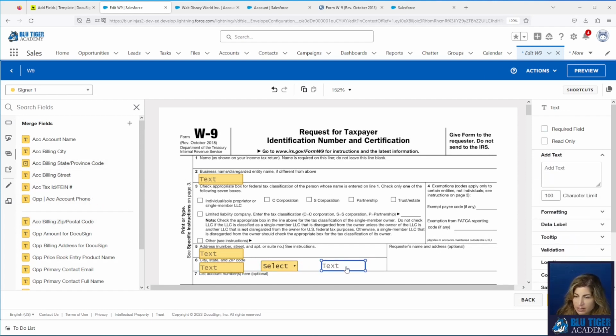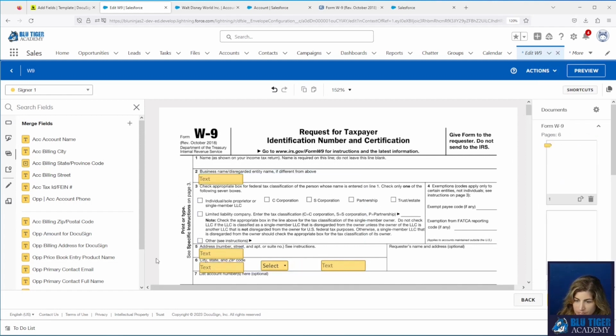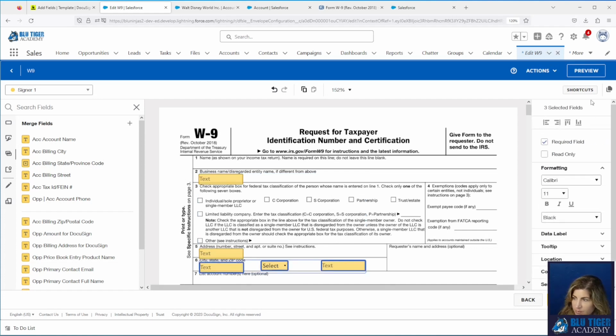And it looks like I did not make that zip code required from the field. I can make it required from here. That's fine. And then I can select all these fields and change the formatting. I can also line all these fields up. There we go.